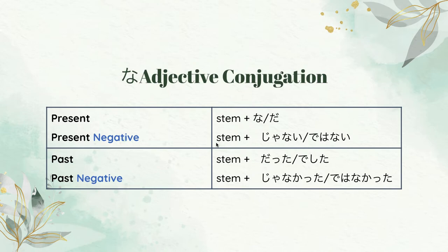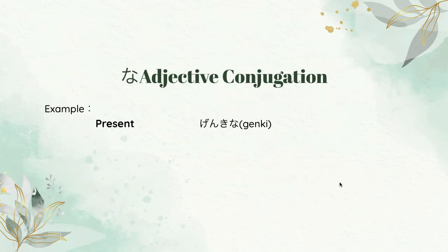And then present negative would be stem plus じゃない or ではない. The past would be stem plus だった or でした. Past negative would be stem plus じゃなかった or ではなかった. So, similar to the i adjective conjugation, let's try to use this in an example to make it more clear